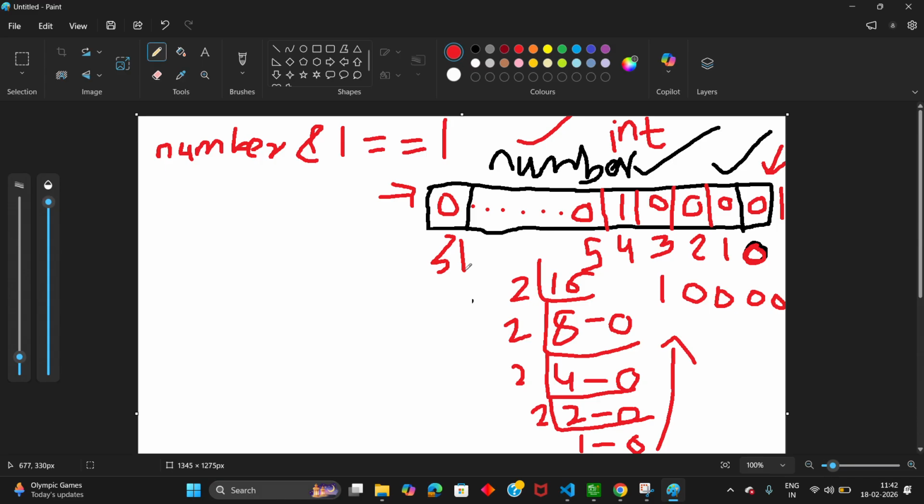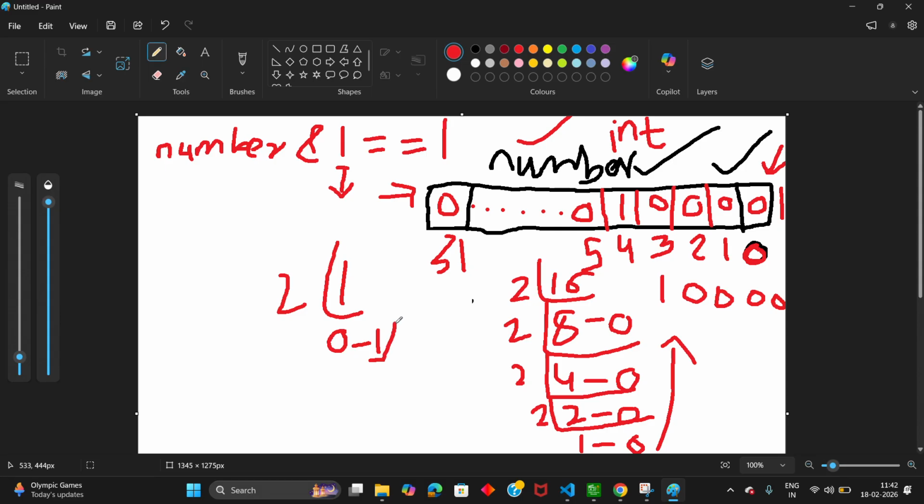Next, what is the binary of this decimal 1? If you divide the number by 2, you will get 0 and 1.